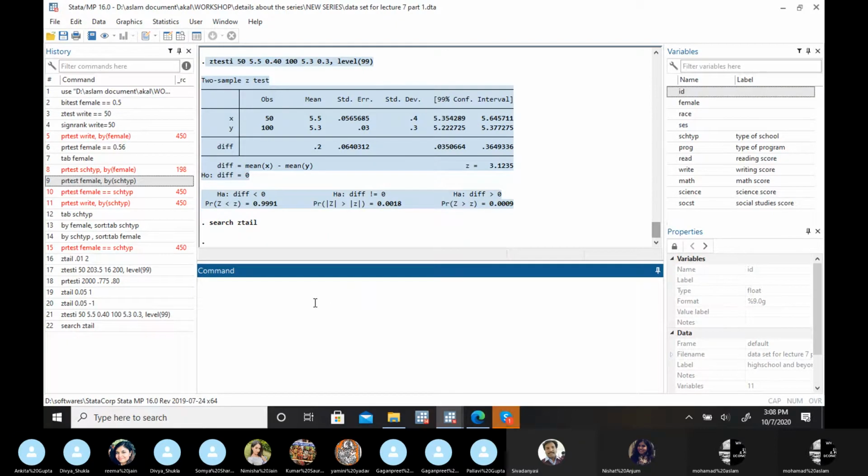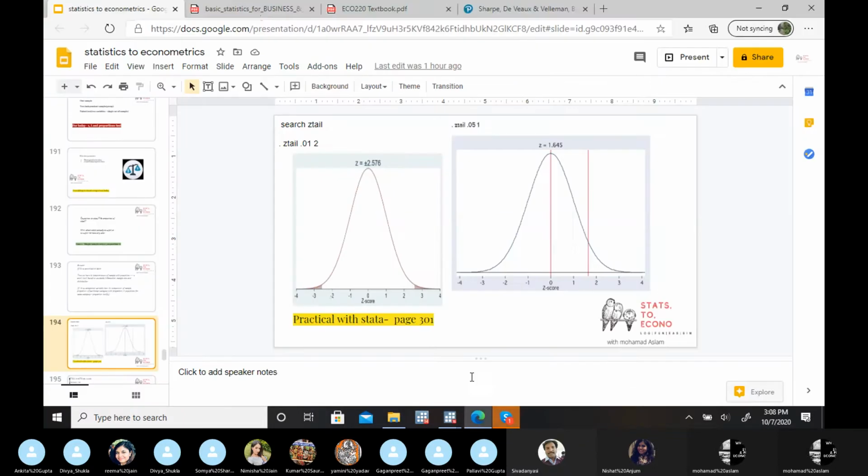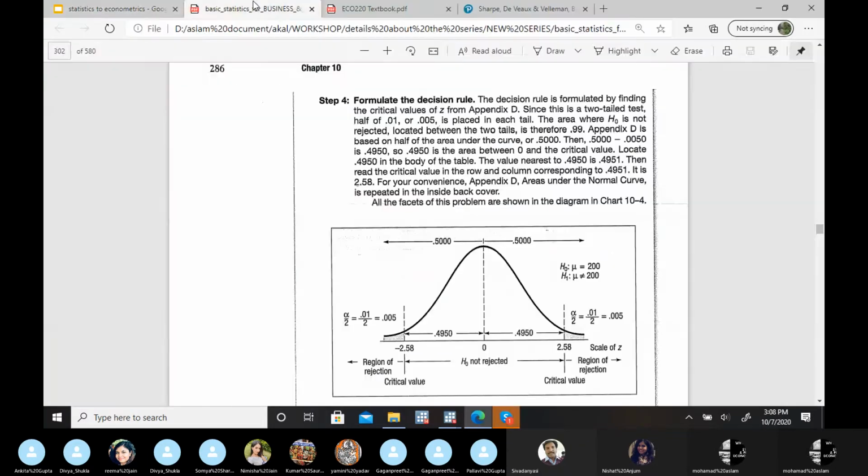Okay. So now what we need is critical values. The situation here is 1% level of significance and two tail test. So for Z, you don't need to worry about the sample size to calculate the critical value because this is a standardized normal curve. You only need to know the level of significance, and either it's a one tail or two tail.